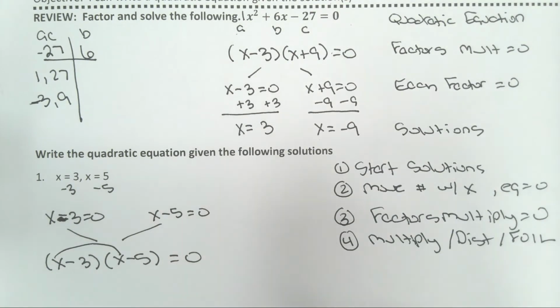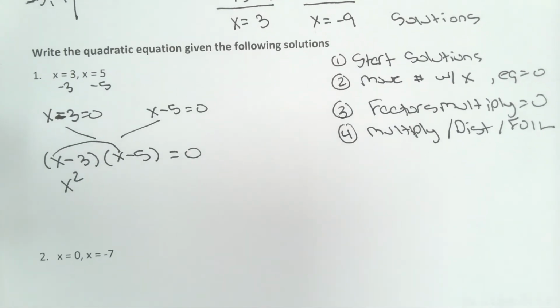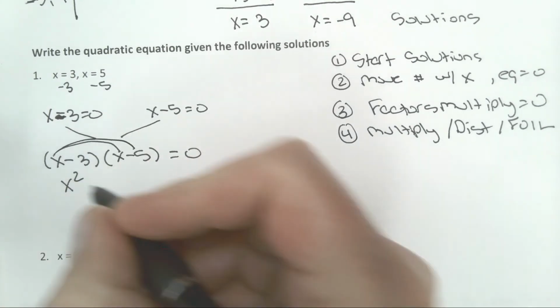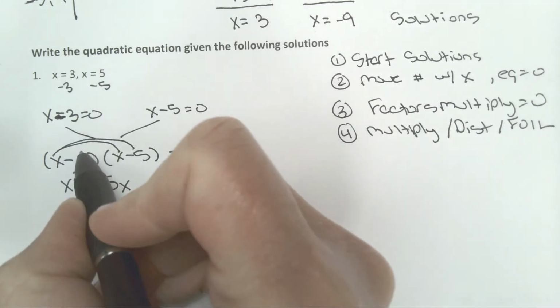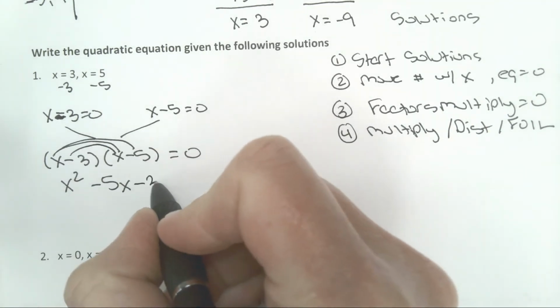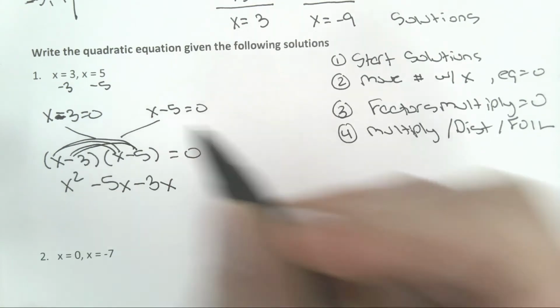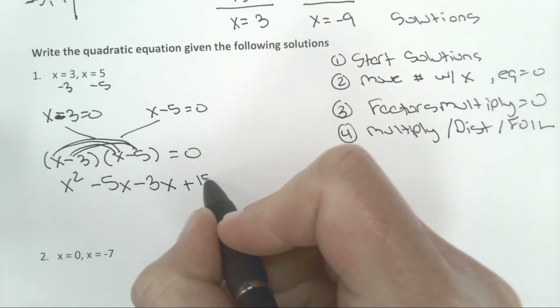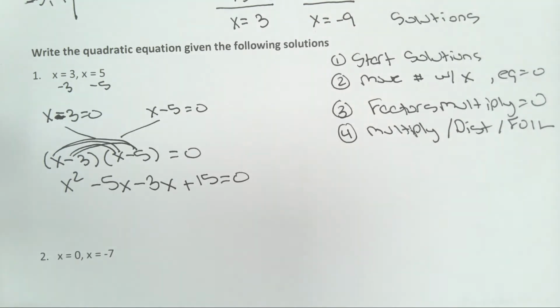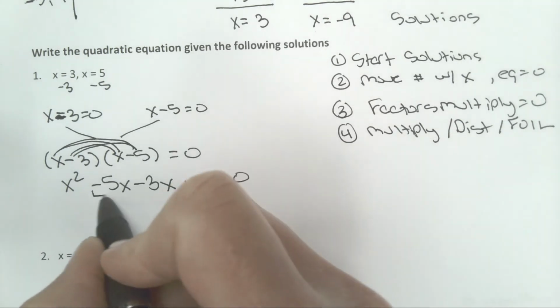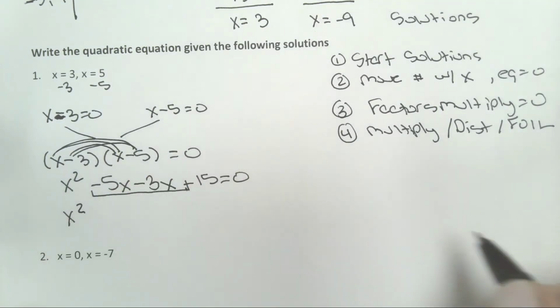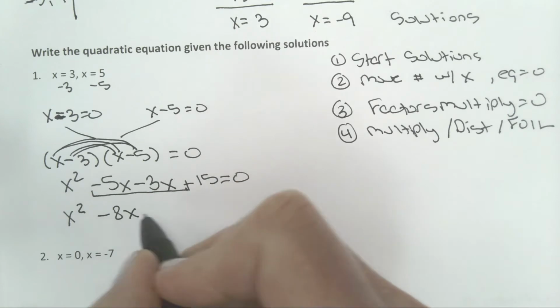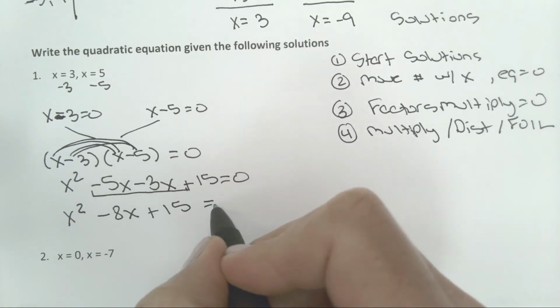All right, so I'm taking x times x, which is x squared. x times negative 5, which is negative 5x. Now distribute your negative 3. Negative 3 times x is negative 3x. And negative 3 times negative 5 is plus 15 equals 0. I'm going to have to combine like terms with those x's. That gets me an x squared minus 8x plus 15